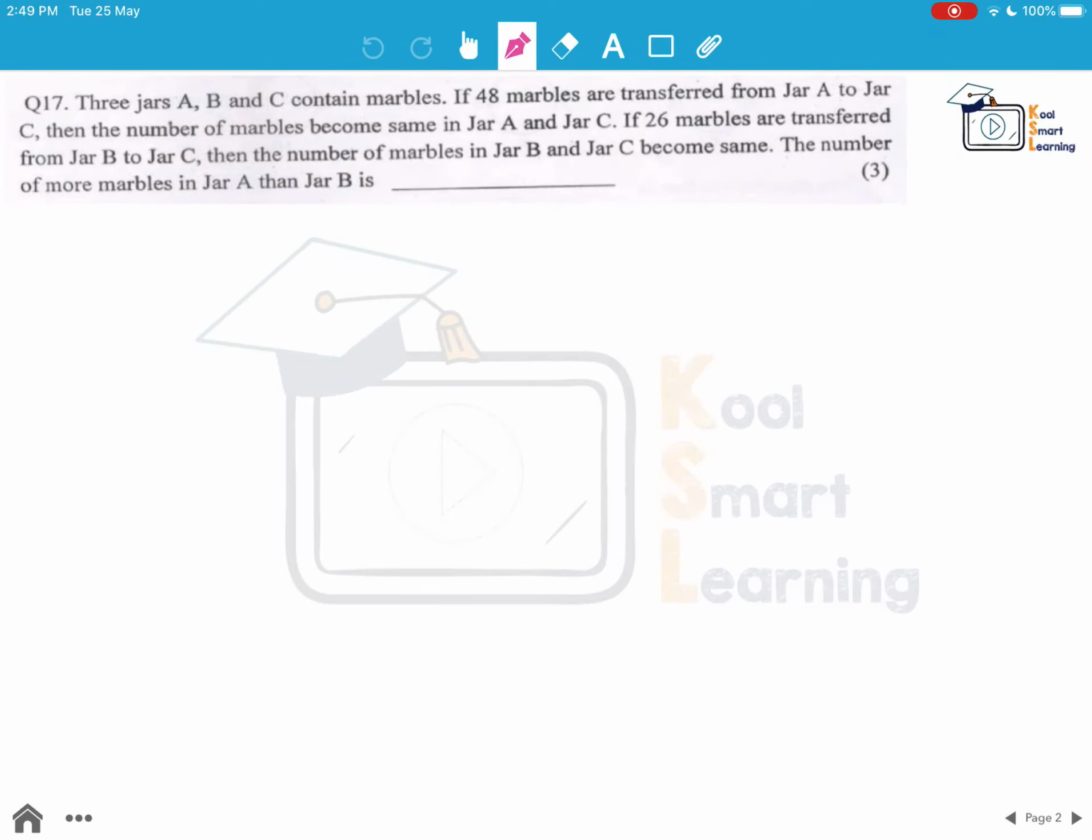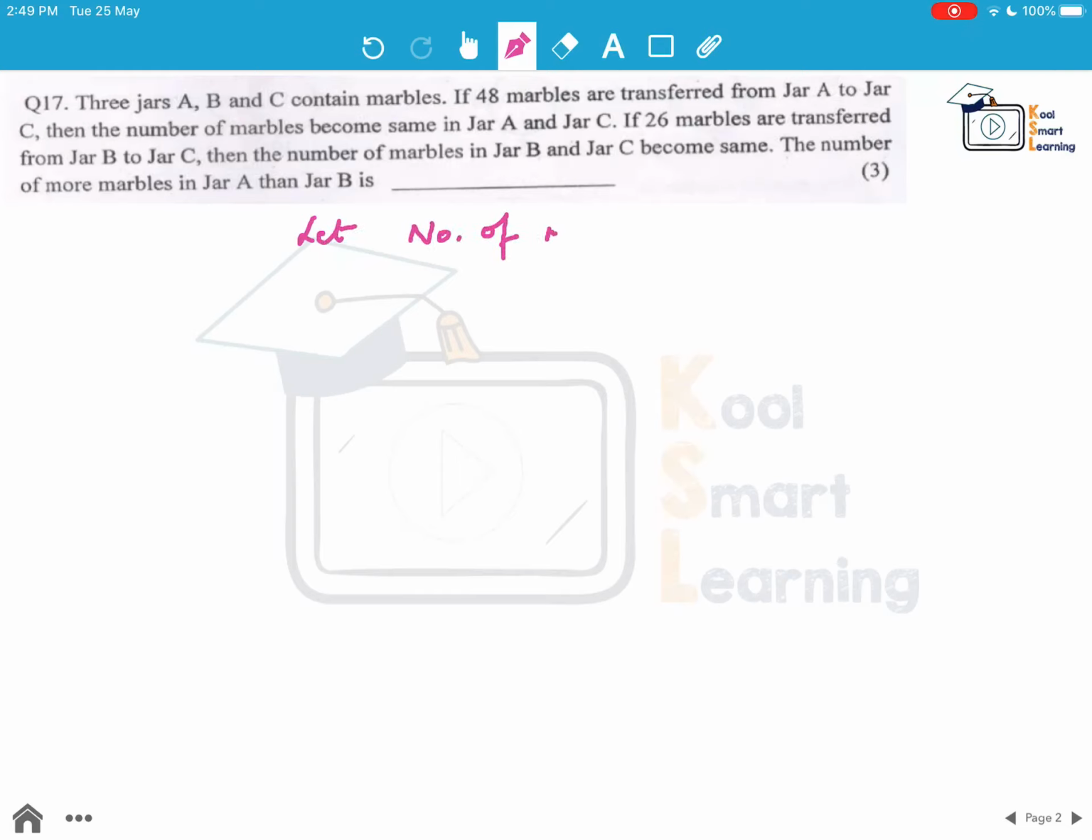3 jars A, B and C contain marbles. If 48 marbles are transferred from jar A to jar C, then the number of marbles becomes same in jar A and jar C. If 26 marbles are transferred from jar B to jar C, then the number of marbles in these two jars becomes same. The number of more marbles in A than jar B is, so let's first of all take